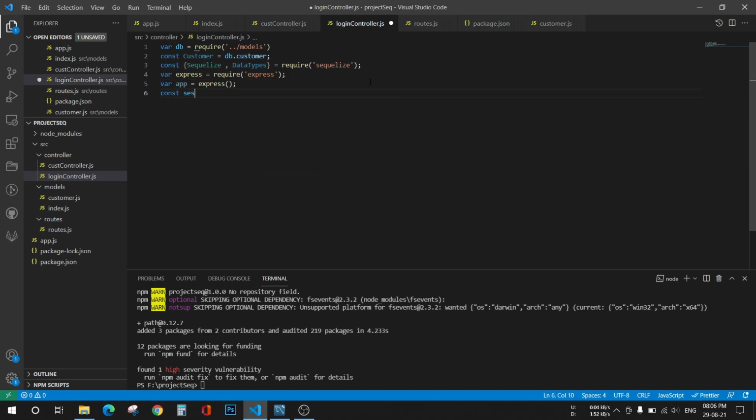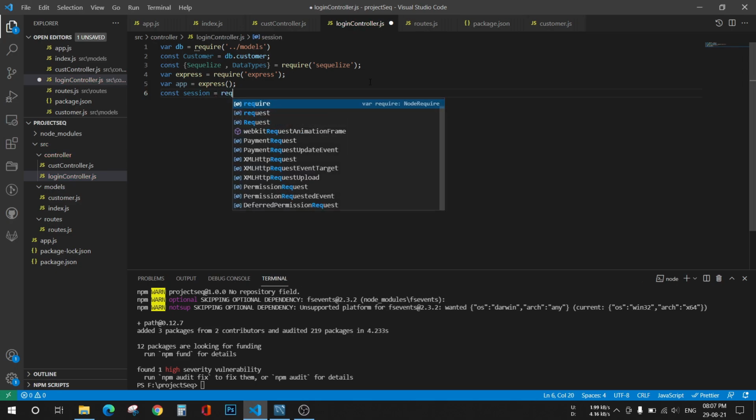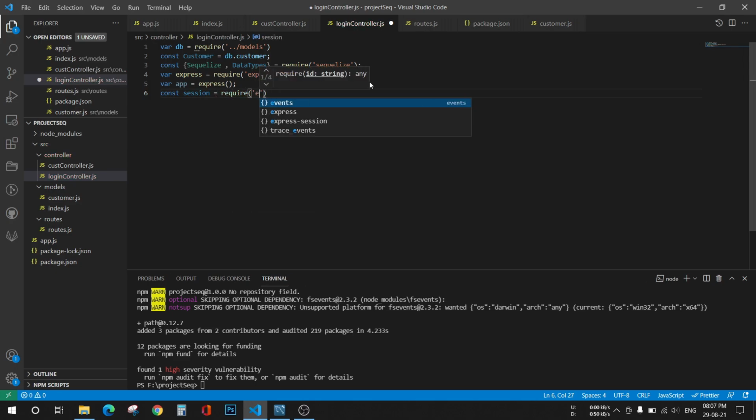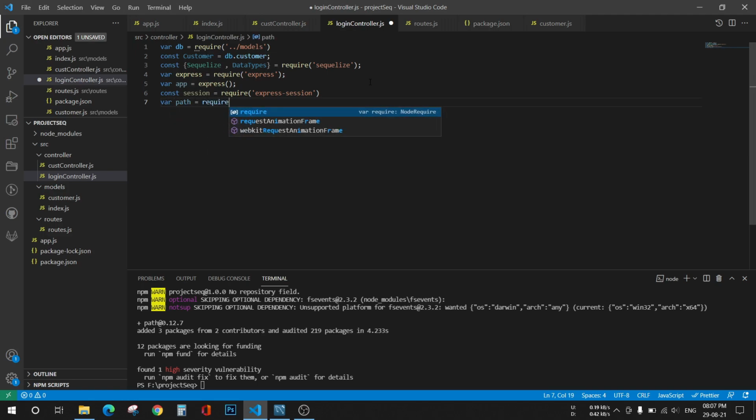Now const session equals require express-session, and once again path equals require path. Fine.